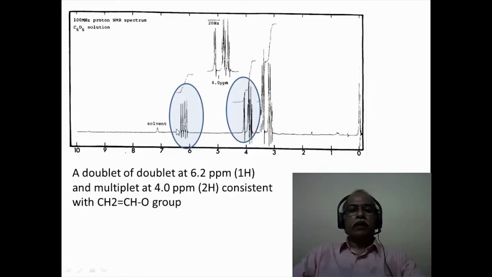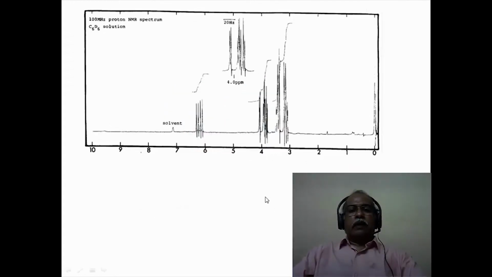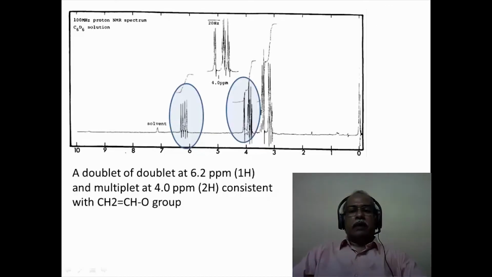The coupling constant between any adjacent lines would correspond to the cis coupling. The coupling constant between the center of lines 1 and 2 and the center of lines 3 and 4 would correspond to the trans coupling in this particular instance. This region is fairly complicated. It is a second order region.